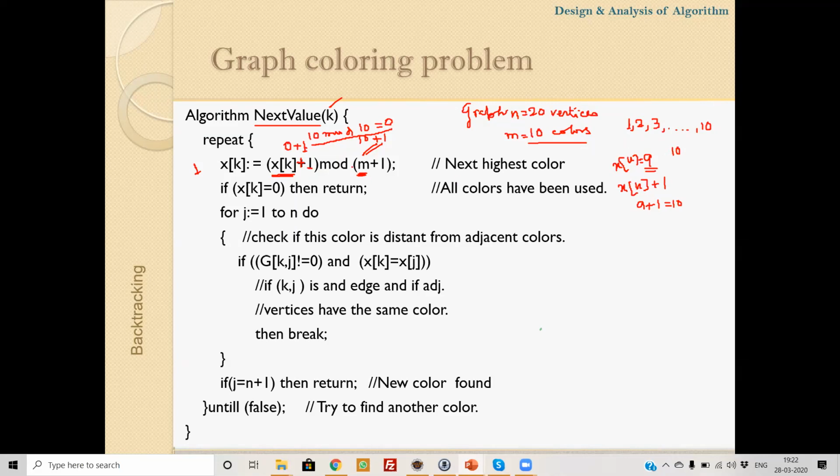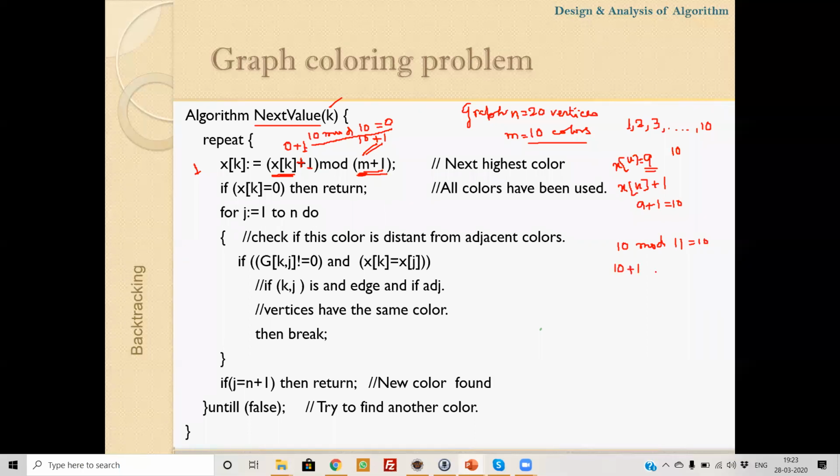So if we perform modulo by m plus 1, then when this value is 10, 10 mod 11 is 10. So in that level, we will try to assign color 10 to that vertex. But when xk is 10, next time you will try with the next value.